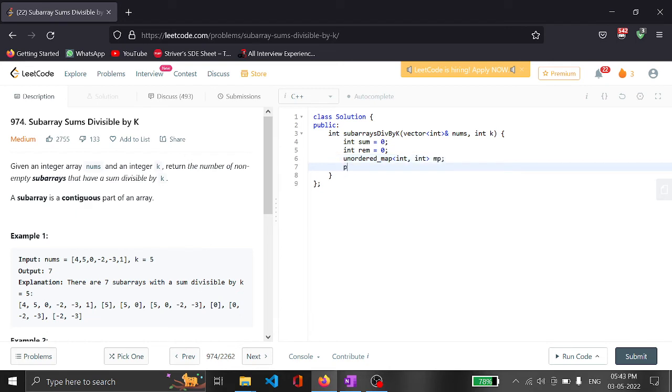And we will insert 0 to it, which has the frequency 1, because initially we have the sum 0 and remainder is also 0, which has the frequency 1. So 0 comma 1. Okay, now let's iterate over the vector.